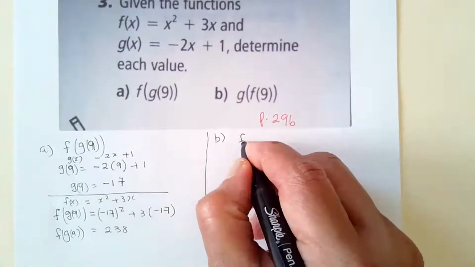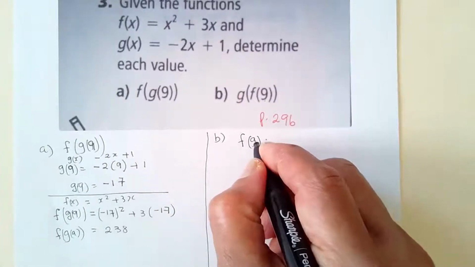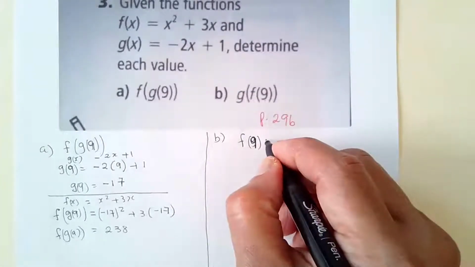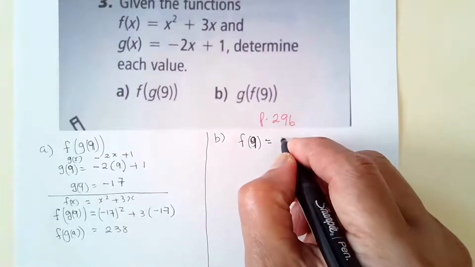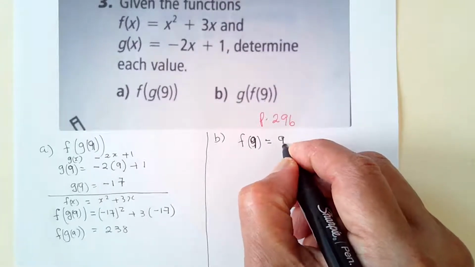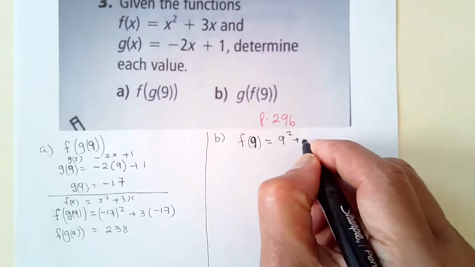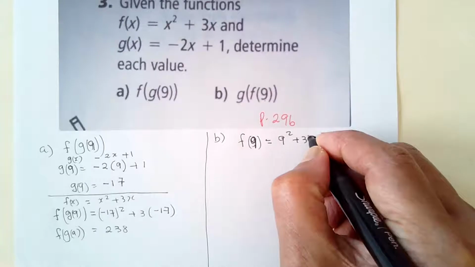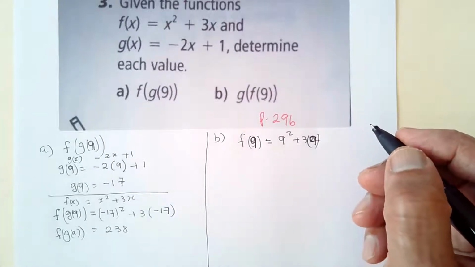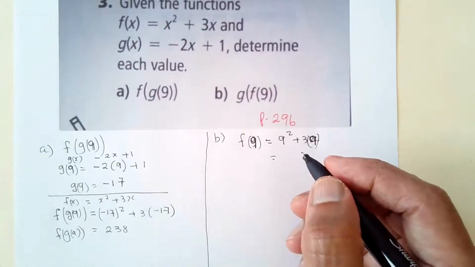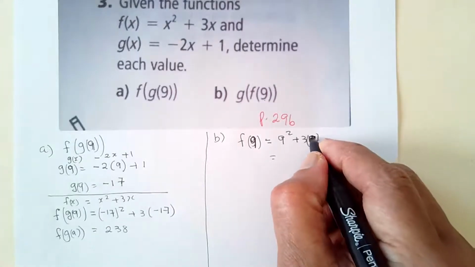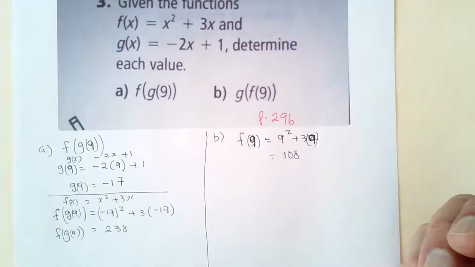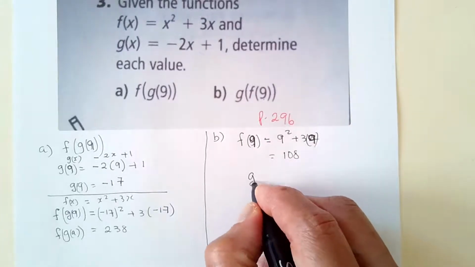So f of 9 is equal to 9 squared plus 3 times 9, which is 81 plus 27 gives me 108. So now I need to find g